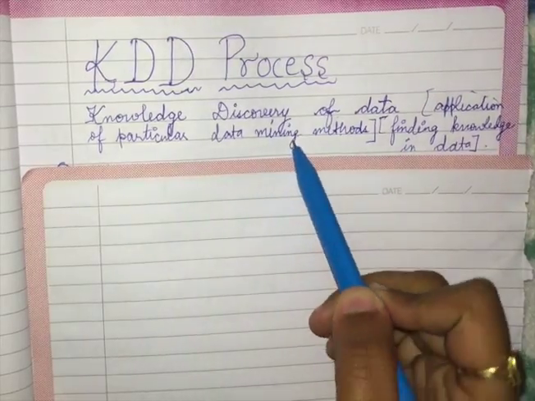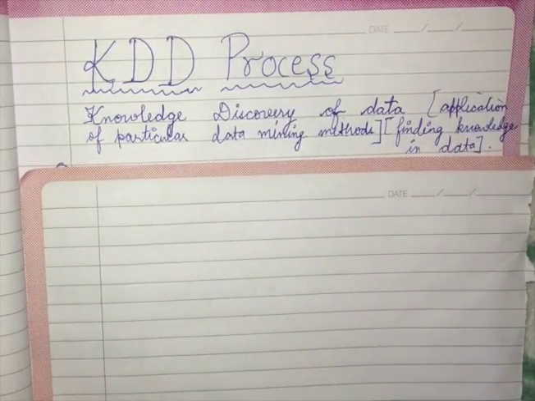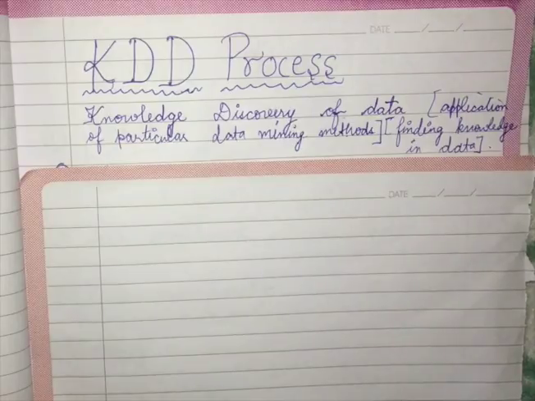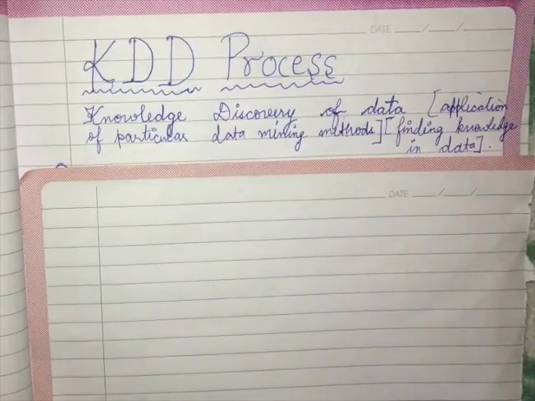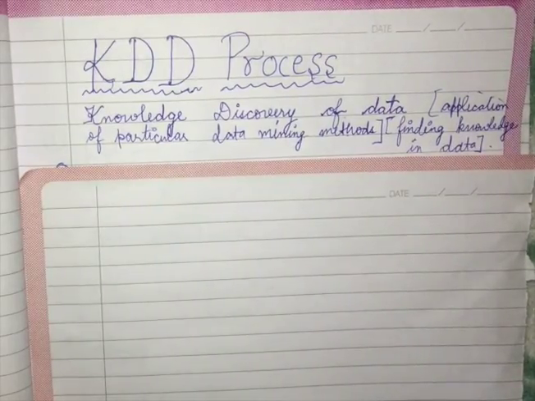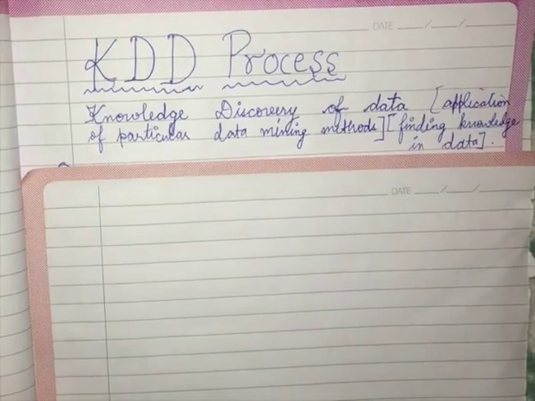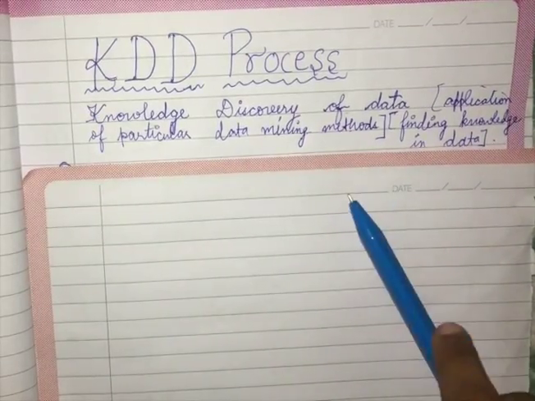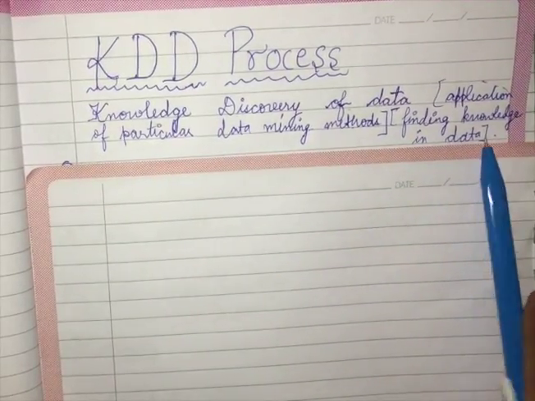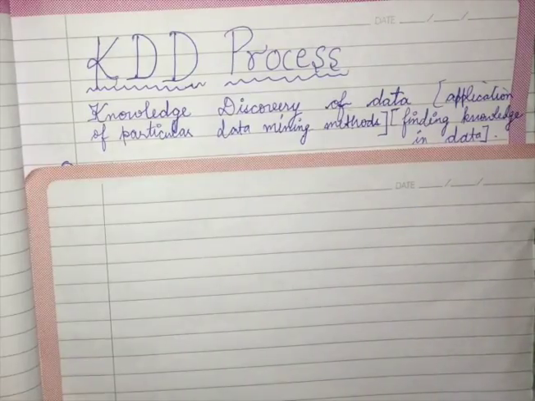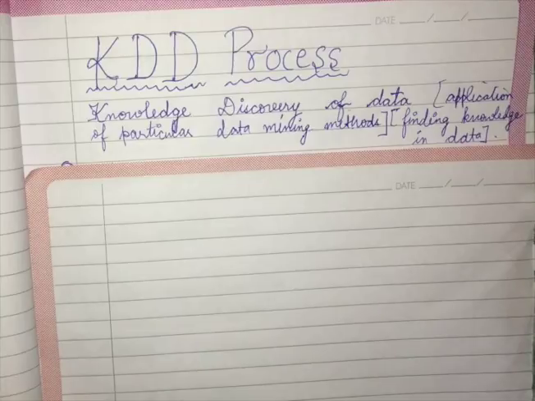Data mining, as we discussed in the previous video, means we have a large repository, a large collection of data and some related information, and we have to extract, that is, find out something from it. It is basically finding out knowledge in data. That is, we have a lot of raw facts and we have to find out what is useful for us in that large collection of data. So the KDD process consists of several steps, basically 5 steps.